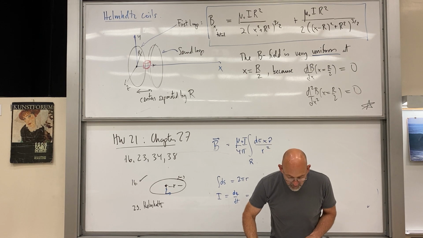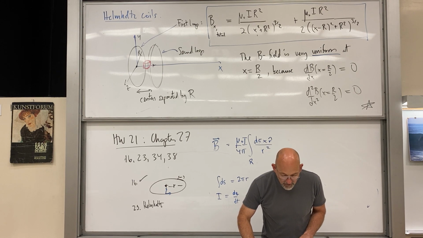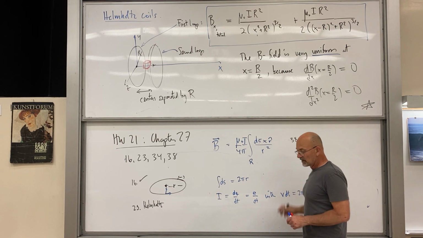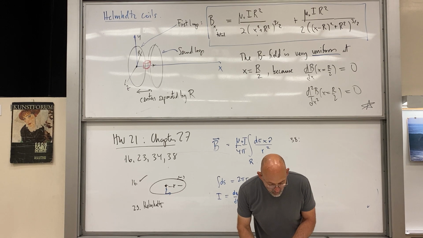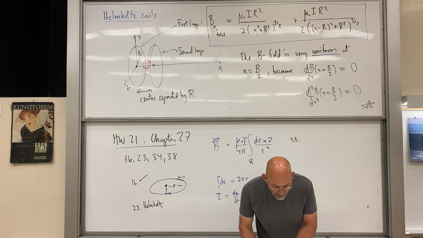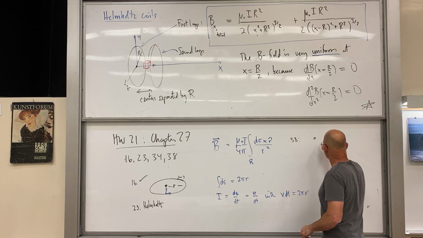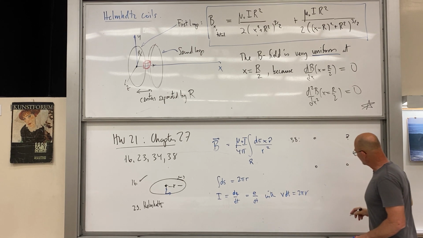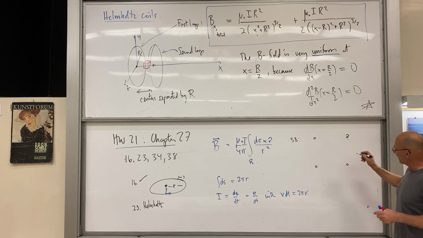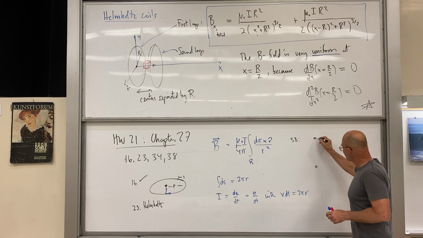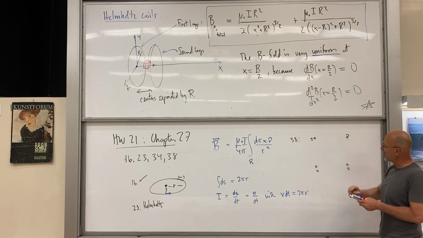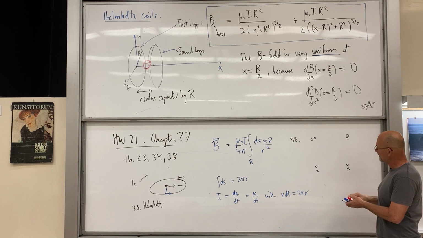34 and 38 are just right-hand rule type problems. So I'll even show you 38. 38 is right-hand rule for currents. Yeah, so we have currents on the corners of a square. And we want to get the field at this corner. And all you really have to remember is that the B field, for example, due to this one, so 1, 2, and 3. If this were coming out of the board, then the B field